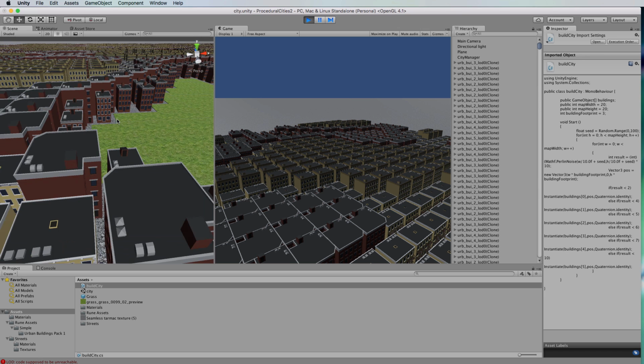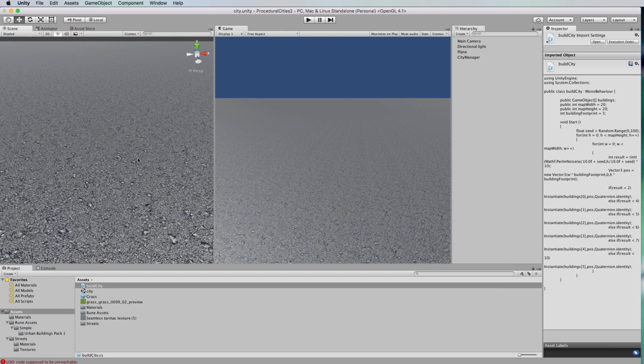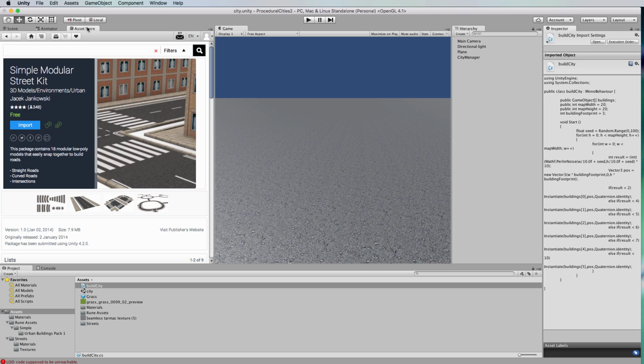Okay, so what we're going to do now is actually put some roads into the city. And we're going to do that using a very simple method of just creating a city grid system across the map. So what I've done to build these roads is, first of all, I've gone to the asset store and